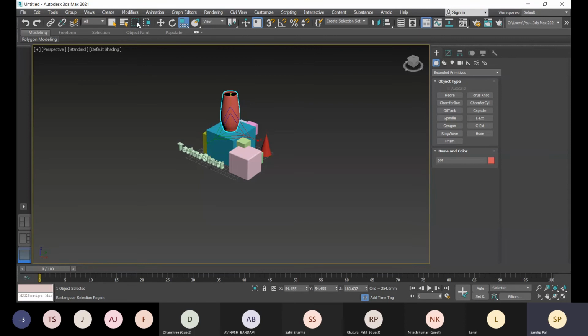For more options, left click and hold it. If you want a circular option, you will get a circular region. If you want a polygonal selection, it is there.